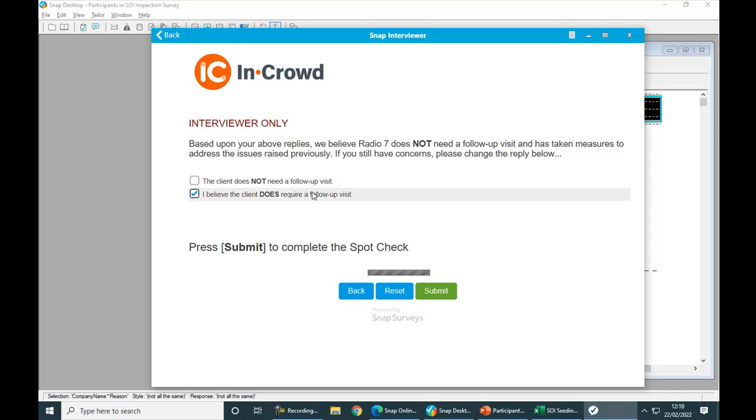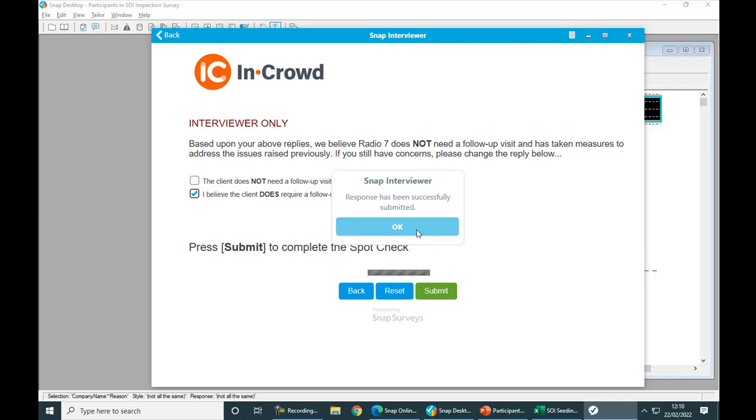That was making use of a new feature called Initial Value, which is used to seed questions without the need of a spreadsheet. As mentioned, there is an extended SOI video which looks in more detail at a lot of the functionality that can be utilised for offline interviewing, so I'm not going to go into the details of how that's set up today. Okay, I'll just click Submit to complete this audit.